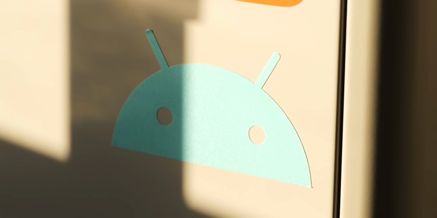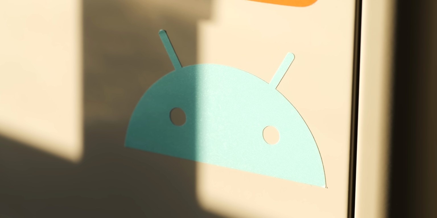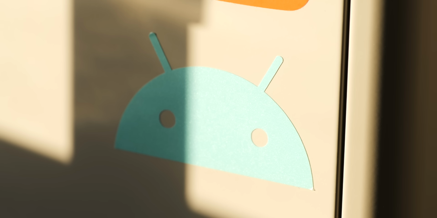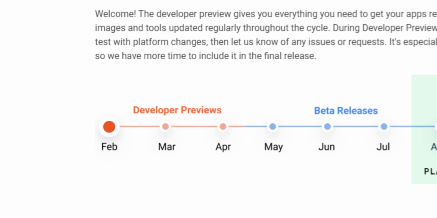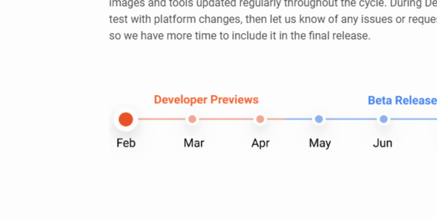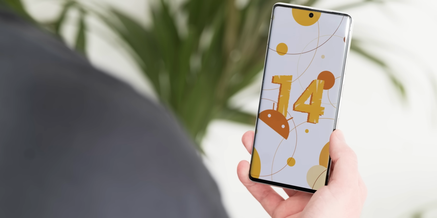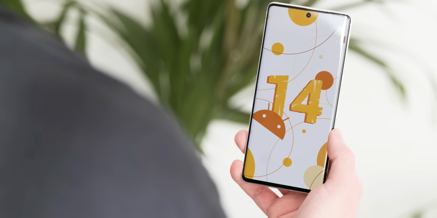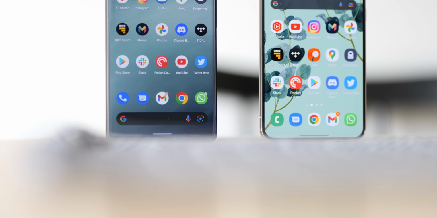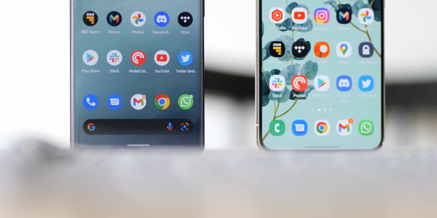When could we get a first taste of Android 14 via that developer preview? Well, in years gone by, the Android developer preview phase has regularly started in February, and that has been adhered to for a few years now, and we don't really expect that to change here with Android 14. Acting as the earliest launch point for Android 14, this is strictly aimed at app and software developers to test their applications and the various connotations of the software.